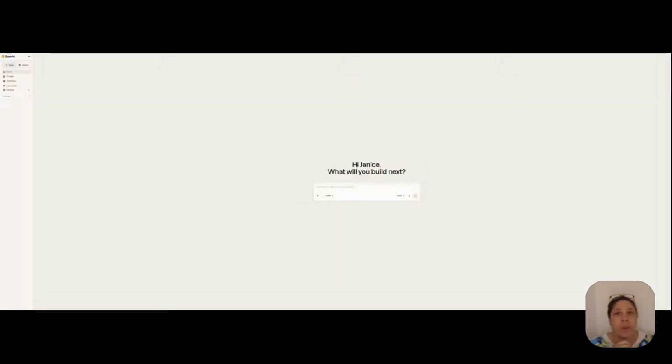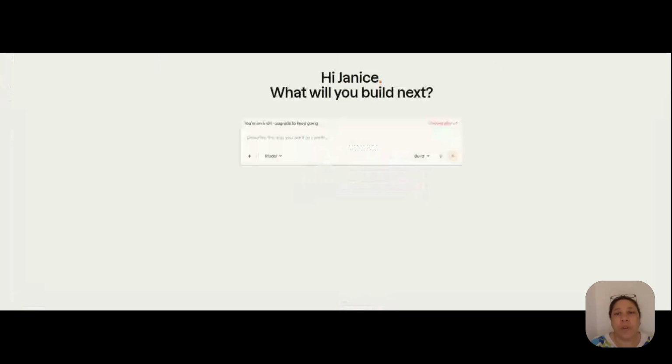So if I go back to my Base44, done, let's wait for it to come up. So what it'll do, now I created, I've created a few, which is why it's asking me to upgrade, sorry. But you will get a prompt where it will ask you what, you type the app that you want to